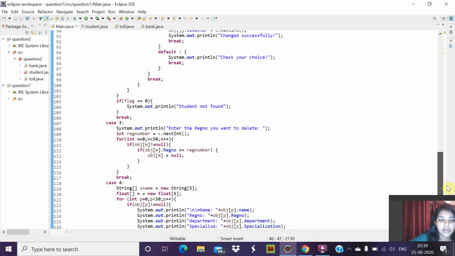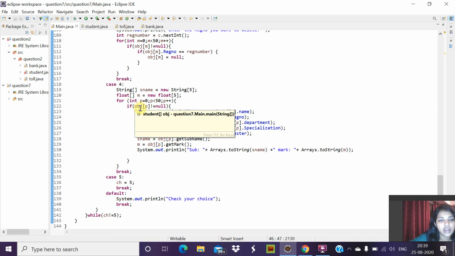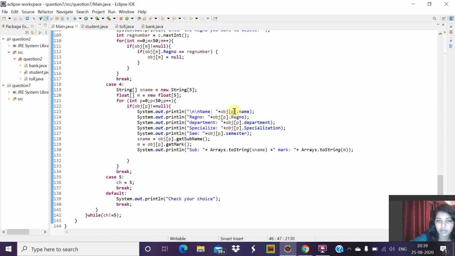Then it will break, and then case 4 comes, where a new string, to store the subject name and marks, will keep one string and float variables, sname and m, and using a for loop we check the condition. If the array object at the pth position is not equal to null, then it will print all these things, the name of the particular person.